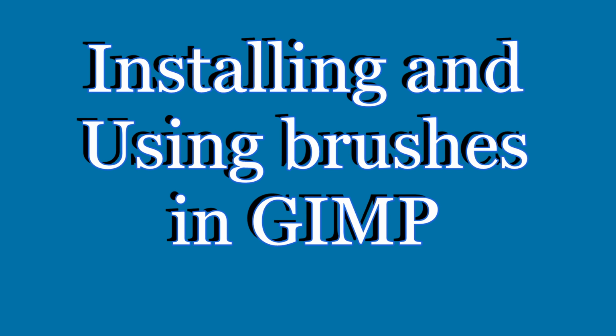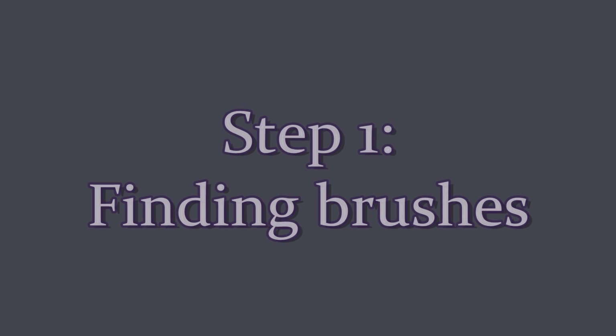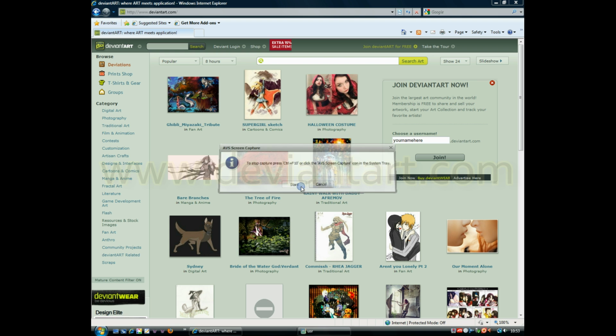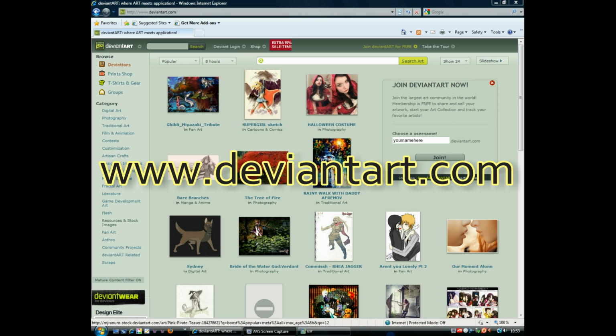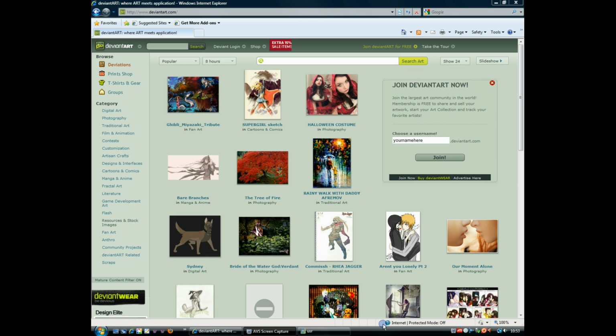Hi, in this tutorial we're going to look at the basics of installing and using brushes in Gimp. First of all, it helps to find some brushes to install, and I get most of mine from deviantart.com, the ones I don't make myself. If you log on to the website